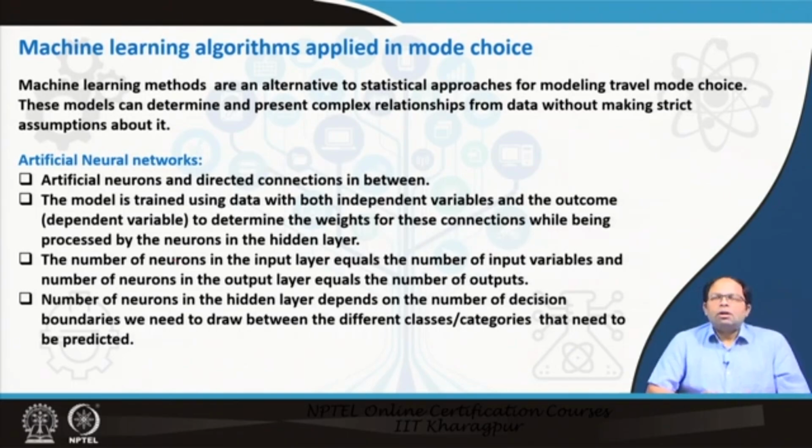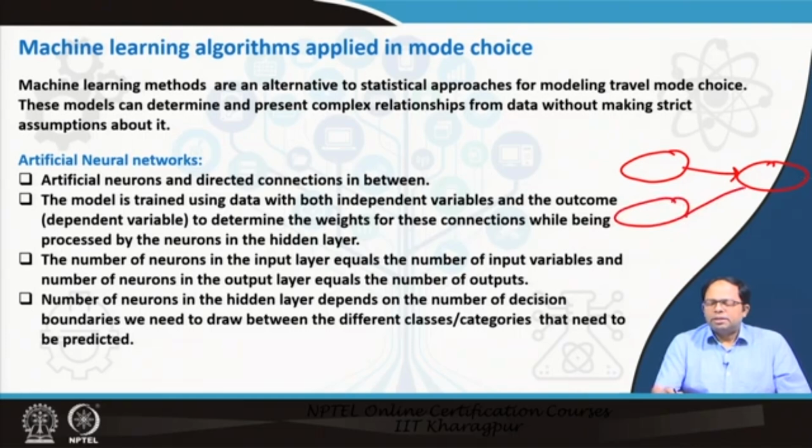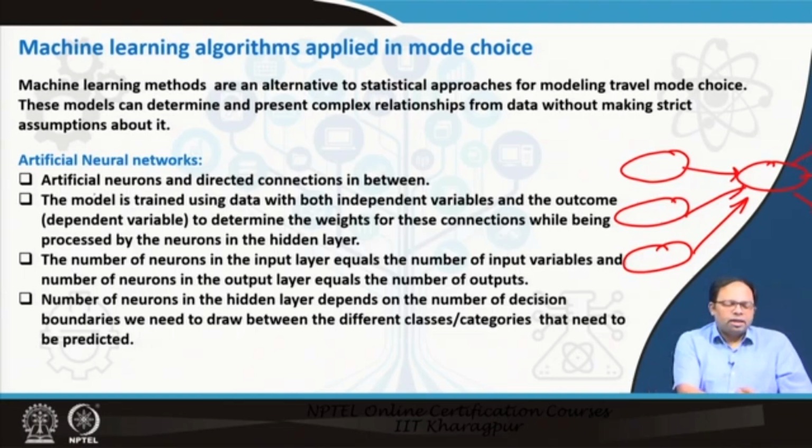And there is not one artificial neuron; there are many of these decision windows, and these are all connected, and these are directed. That means one decision is connected with another decision and so on. We can have many decisions like that, and from there you can again have another set of decisions. So we use artificial neurons and directed connections. So, there is also direction.